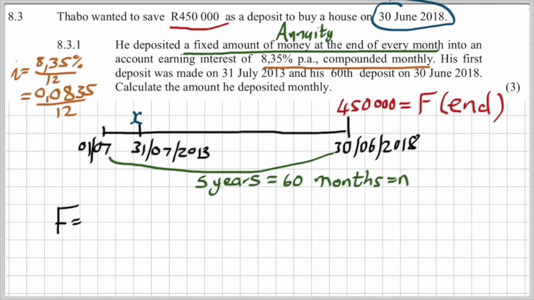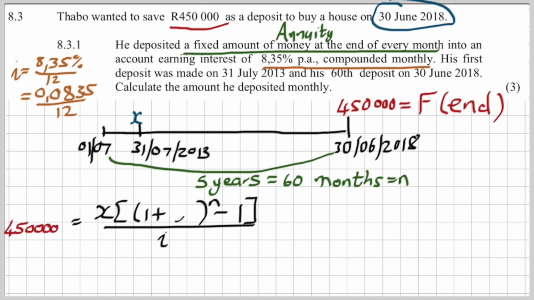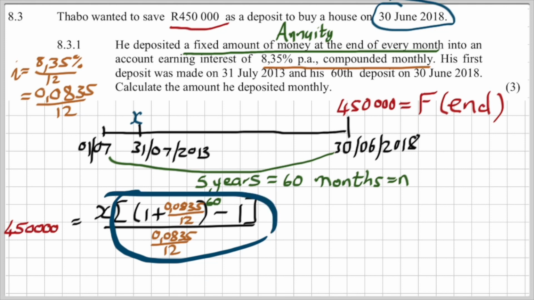So writing out the formula, this is a big formula, okay? But it is found on the formula sheet, which is fantastic. F is 450,000. The interest rate I substitute in. The N is 60. Now I want to isolate X. So first of all, I'm going to calculate whatever is at the back of the X. The reason why I love to do this is it makes my life easier. So calculating that, I'm going to get